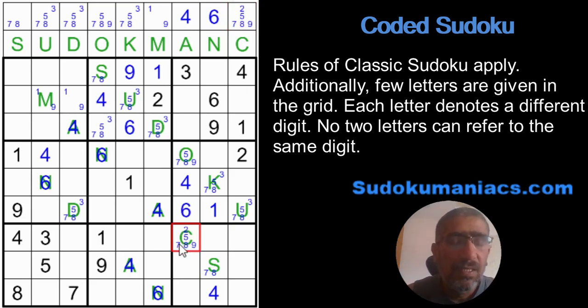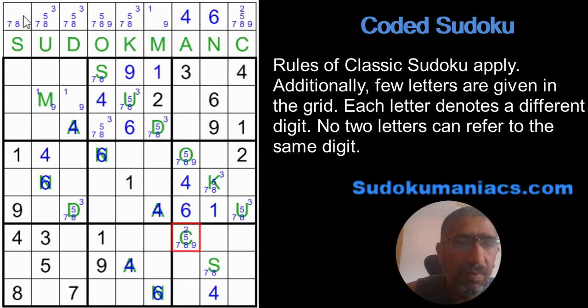Now comes the correction. If you remember, I just said these 9 letters form an extra region. So when I look at it, there are two ways I can use these codes now. First is M is the only place where the possibility of 1 is available, right? Because none of the other letters can have a 1. So that becomes my hidden single because I require that number 1 to relate to a letter. Similarly, C is the only place where the possibility of 2 is available. So I know for sure C is a 2.